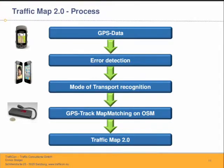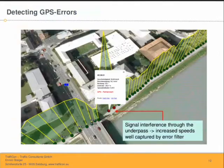So was he a cyclist, or was he going by bike, or with a car? Our process was, we just basically extracted all the GPS data, filtering only GPS data which contained timestamps. We then did an error detection, filtering out increased speeds which are not real. Afterwards, we continue with a mode of transport recognition I already mentioned, and at the final part we map matched these GPS tracks on the OSM network, and finally the output was a traffic map